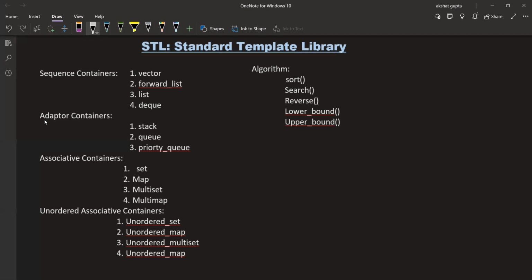So the second category is adapter containers. Adapter containers are implemented with the help of sequence containers only, but with some modifications.